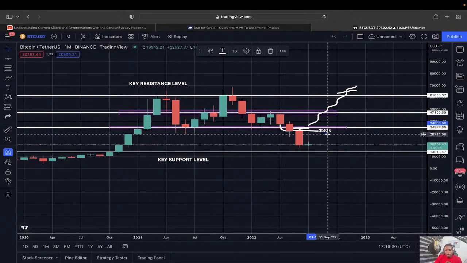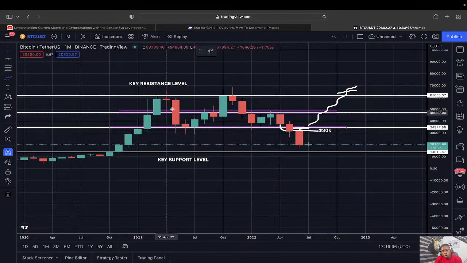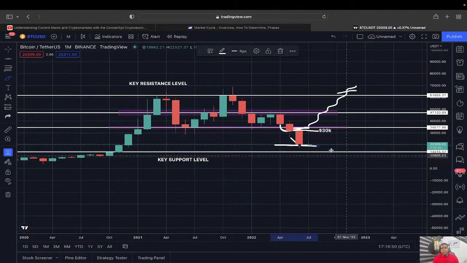Because they were watching this level, price has finally broken out of that key support level, and we saw that price has dragged down to the 20K region. Now from the look of things, there is a high probability, since we now have a breakout of the 30K region,